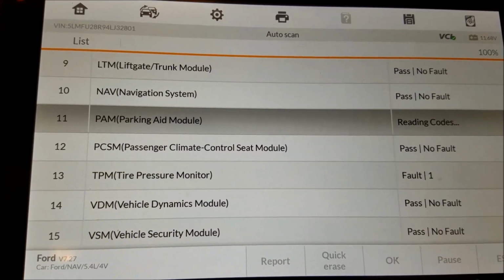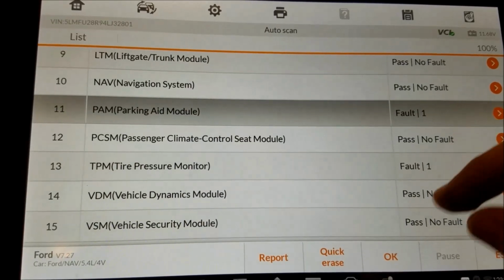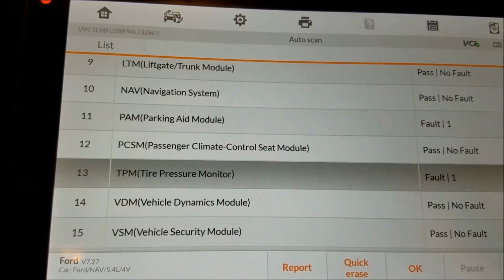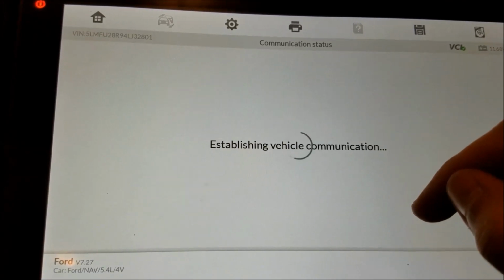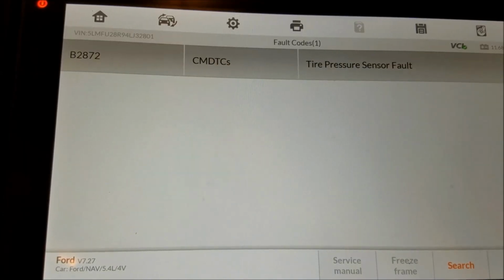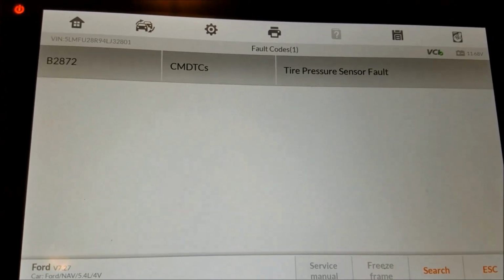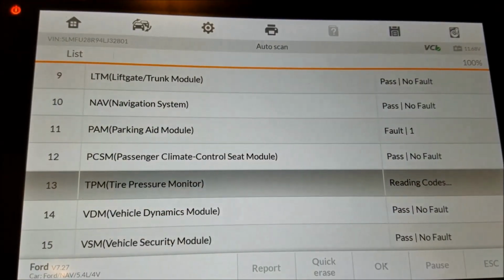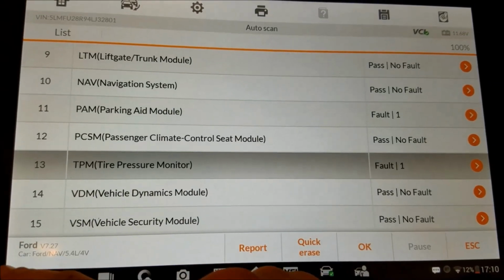Let's see what else we can check out right here. Let's click on tire pressure monitoring system. If I click on it right here, let's read codes. Yeah, exactly. As you can see right here, it gives me the tire pressure sensor fault, but again, it doesn't tell me where the sensor is located. If we go back altogether,